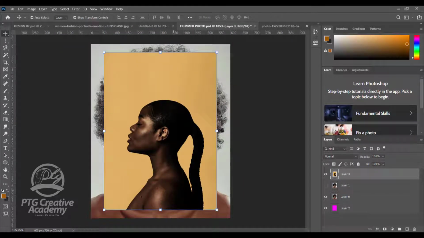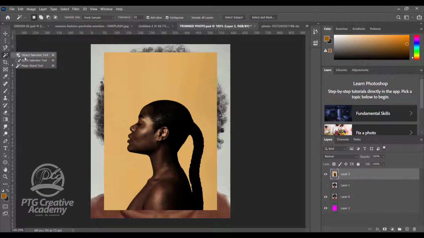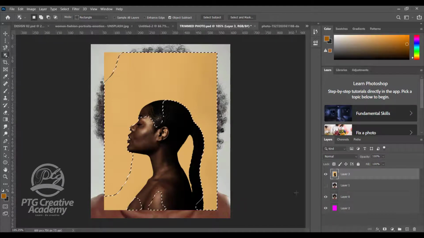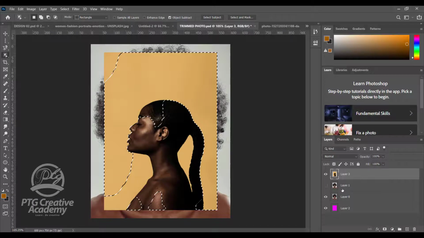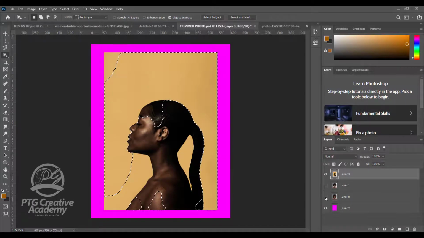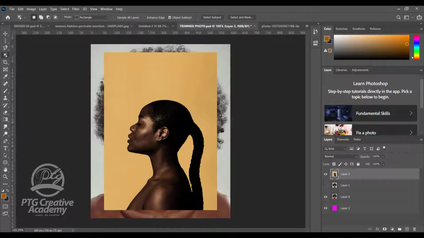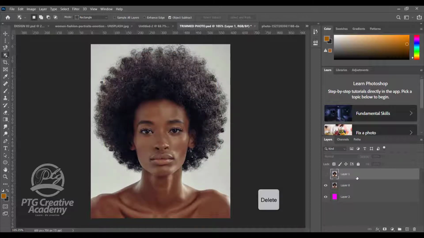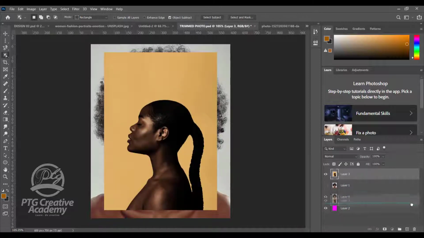So I want to quickly select this image. What would I do? I told you about the best tool to use, the object selection tool. I'll just drag on it. Now this happened because it's literally sitting on another workspace. So what we'll just do is delete this. How do we delete? You can just hit delete on your keyboard, or you can drag it and drop it on this